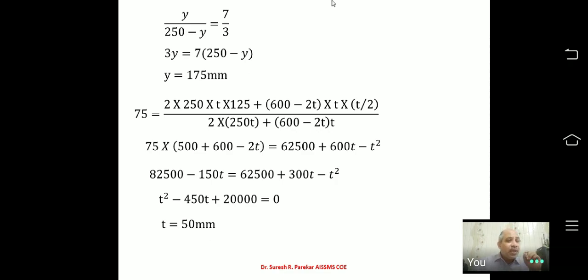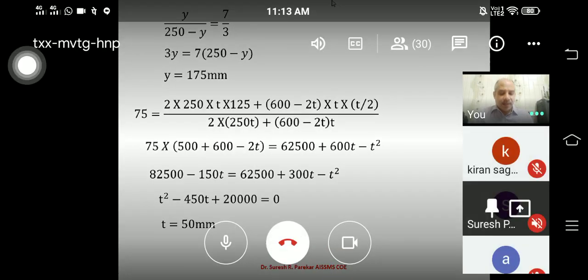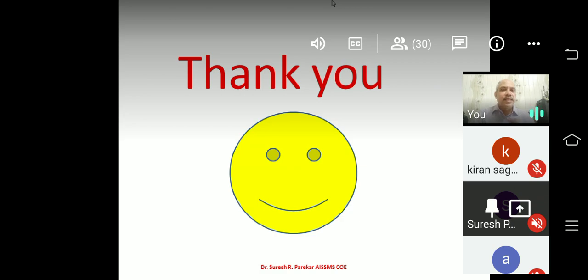So we have different types of problems, but my formula is only one, which is M by I is equal to sigma by y. I have not taken many problems from shear force and bending moment. Why? Because in bending stresses and shear stresses, we require this. Now we have solved 5 problems. So I am not going more than this, because already you can see the time is 35 minutes. And uploading these videos of longer duration becomes a problem on YouTube. And you also become bored when the video is too lengthy. So we have this bending